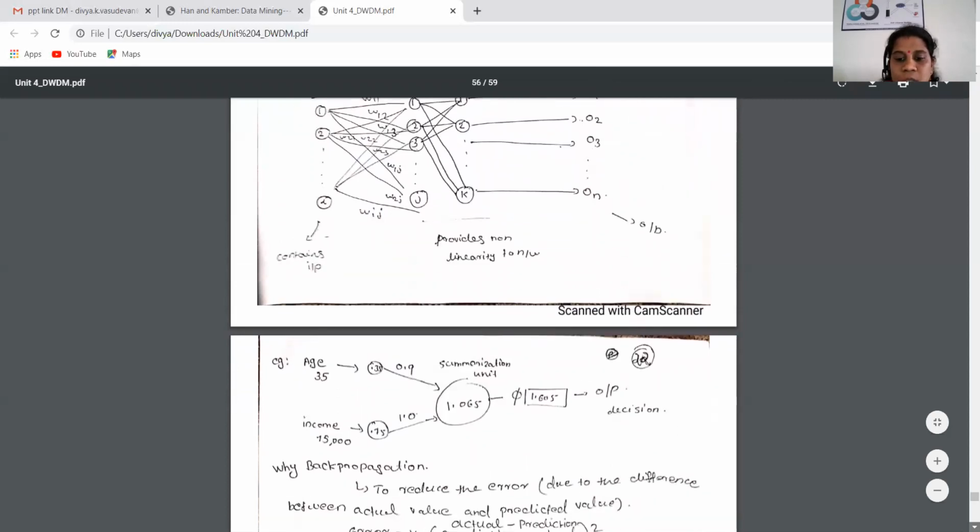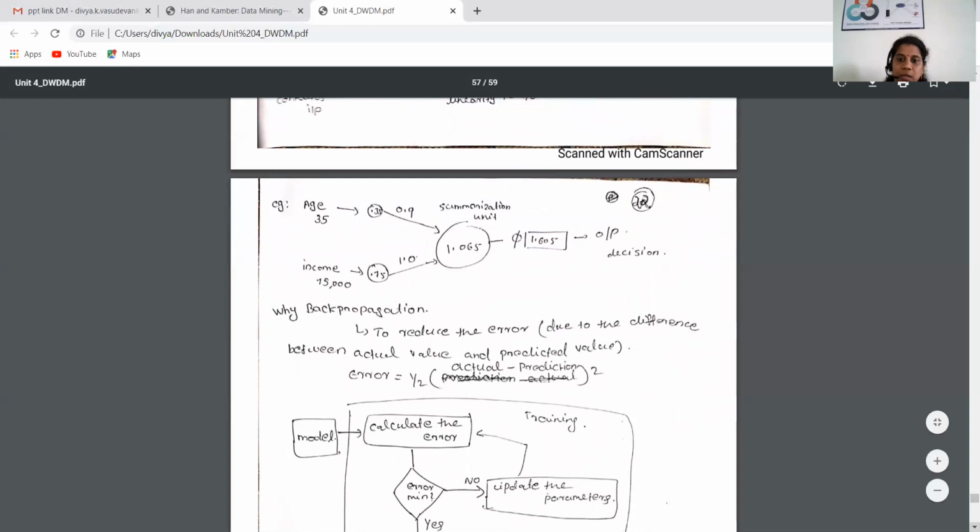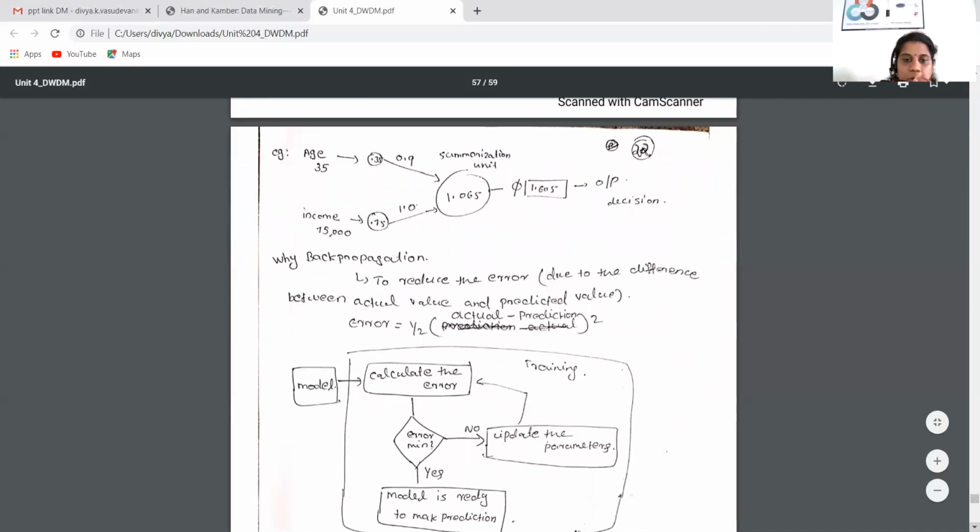If, when comparing the outputs, there is a large variation between what we got and the actual output, that indicates that we again need to backpropagate and reassign the weights. Whatever values of weights were assigned in the initial step, we need to reassign them, then do the forward pass again, calculate the output, and compare it with the actual output.